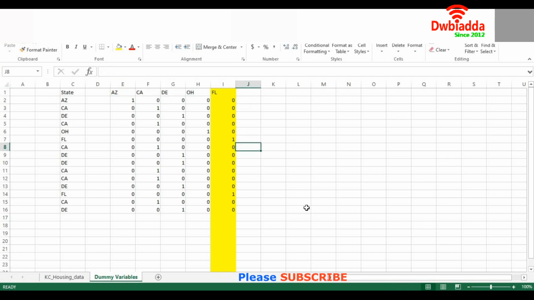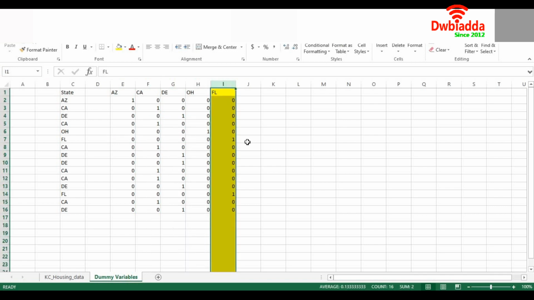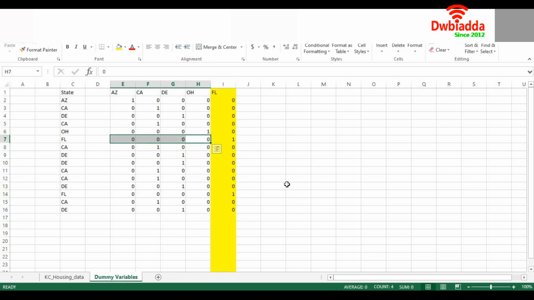Now let's look at some improvisation techniques. If I notice the last column, which is Florida, this becomes 1 when all other states are 0, which means if I have the condition which says zeros for all the states, that definitely means it's nothing but Florida. So by this logic, I can get rid of the column which is Florida, because all zeros means it's the state of Florida. That will be understood by the code, and this will improve the performance of the code.